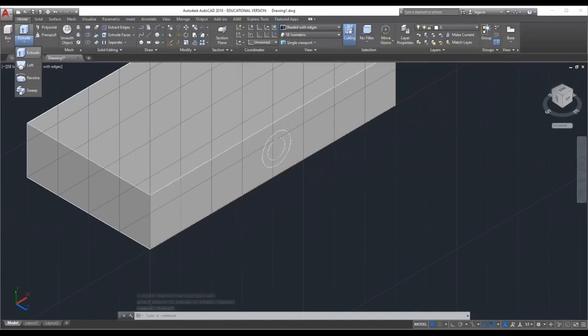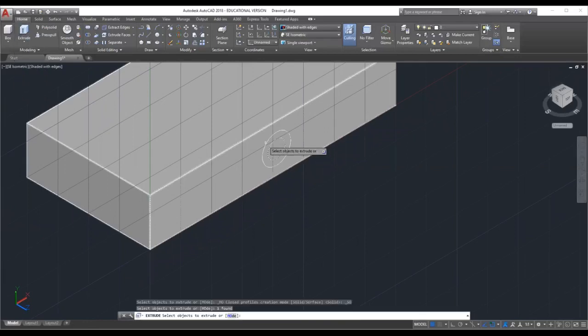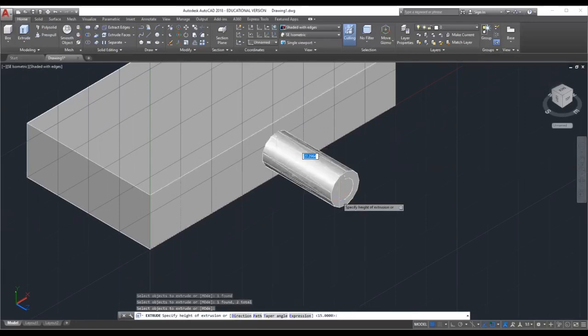Select two objects. Select two circles. Enter. At a time we have to extrude the circles. Specify the height of extrusion. 24. Enter.